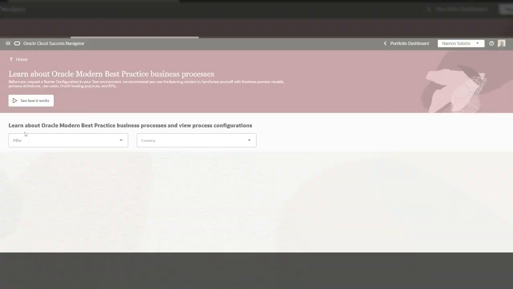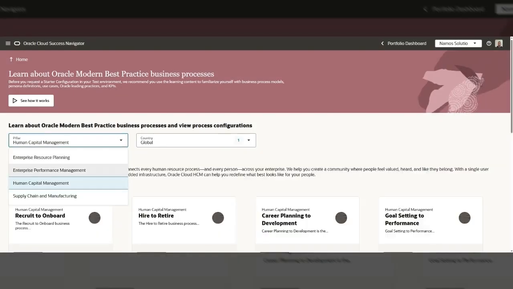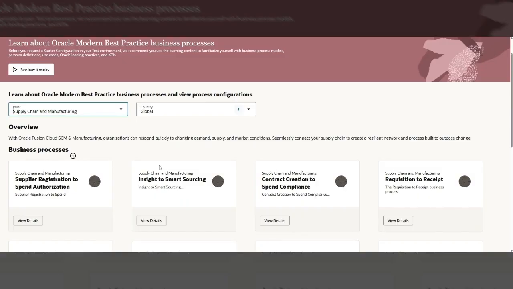At the moment in Oracle Modern Best Practice, we have available ERP, EPM, HCM, and supply chain, which includes procurement,